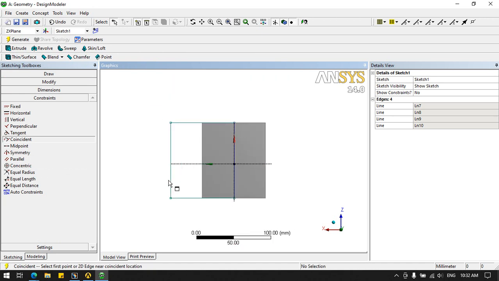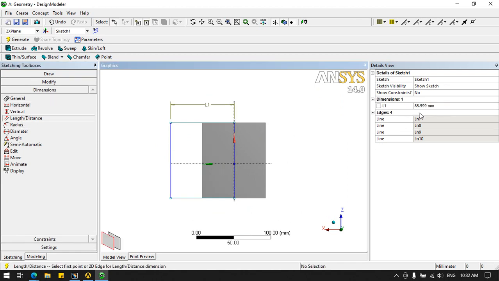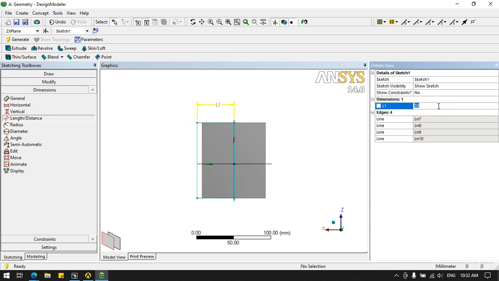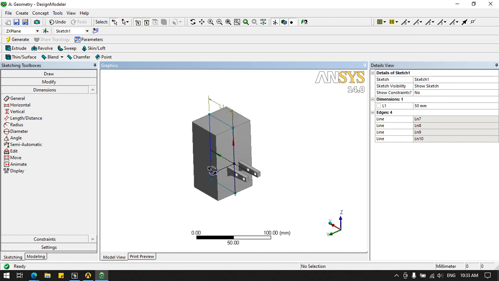Okay, one direction will come. Later we can specify the dimension of this one. Let me put the dimension from this to this as 50 only, or 40 also, no problem. 40 is too less. Generate, so only a half section will come.